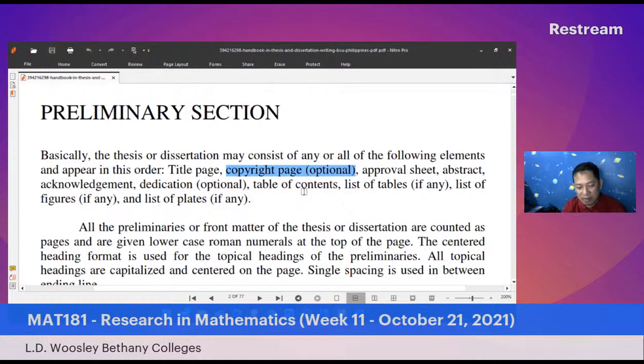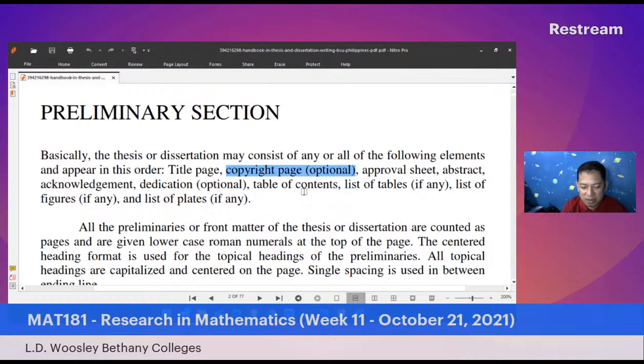The abstract is a summary of your research, the bird's eye view. Then acknowledgement for those who helped you in the research. Dedication may be optional, although I would suggest that you put your dedication there. And the table of contents, the listing of the contents as far as the 5 general